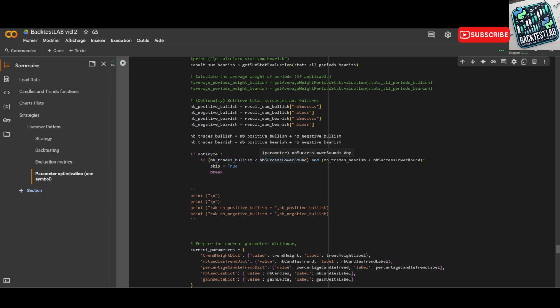The first constraint that I'm putting here is that I don't want to consider parameters where I have, let's say, only 3 positive trades. If that is the case, I don't consider these parameters and I will not store them. I need to have at least, let's say, 5 trades. Of course 5 trades for 2000 days is not enough, and it depends on the stock. Sometimes you will have more than 20 positive trades, and in that case it can be robust,